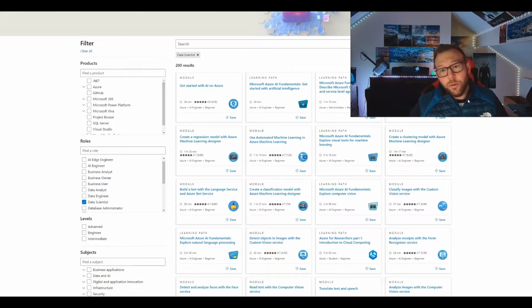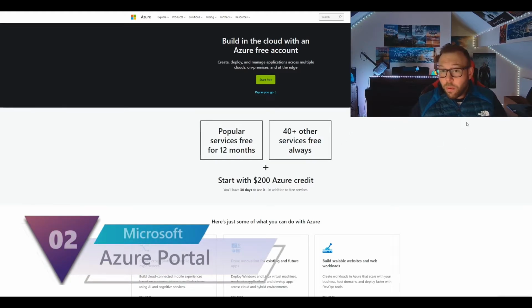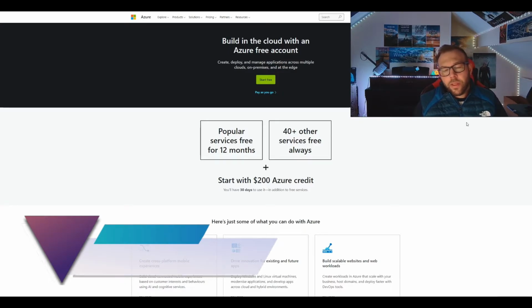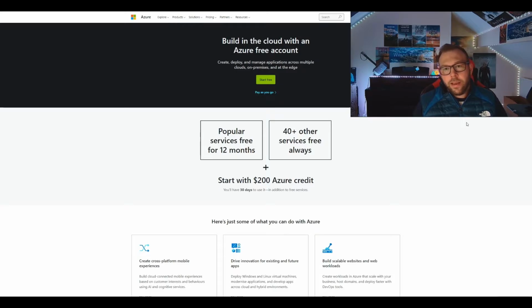So on to number 2. Now, after you've done this, number 2 will be, and you'll probably do this as part of number 1, but is to create yourself a free Microsoft Azure account. Now, the reason for this is to aid in your curiosity. And when you do this, don't be afraid to click on things and have a look at the different terminologies, because what you'll find when you